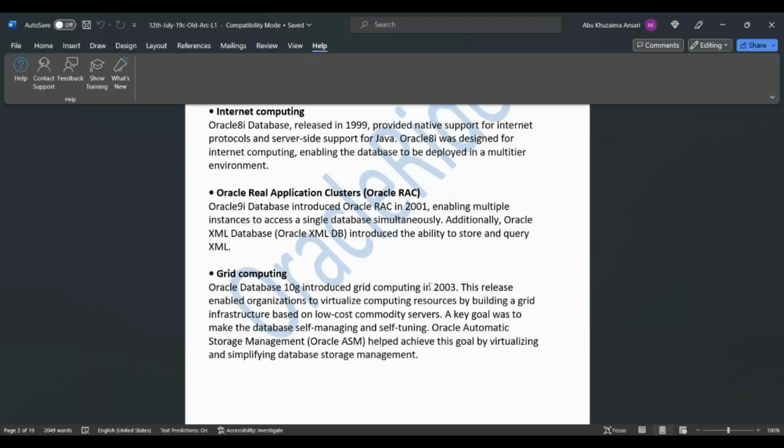And now come to grid computing. Oracle Database 10G was introduced in 2003, basically grid infrastructure based on low commodity cost servers. The goal was to make the database self-managing and self-tuning. So for that purpose, the Oracle Automatic Storage Management concept was introduced, which helps in virtualizing